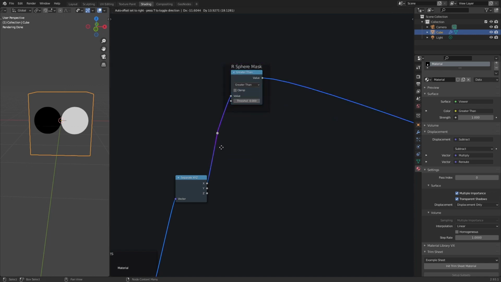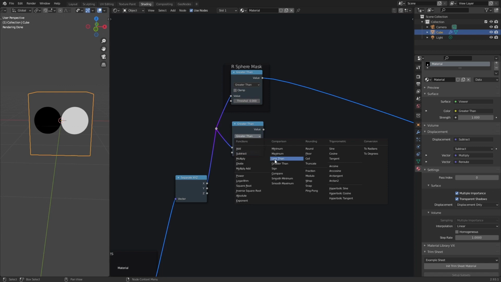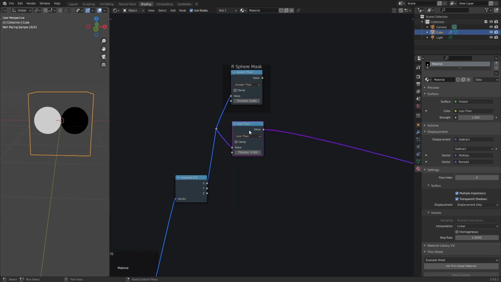And we can create another one with Alt-P. You leave the frame. And this one will be less than. Ctrl J. Left